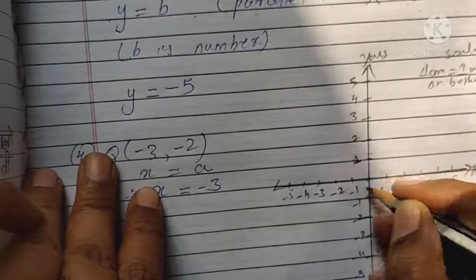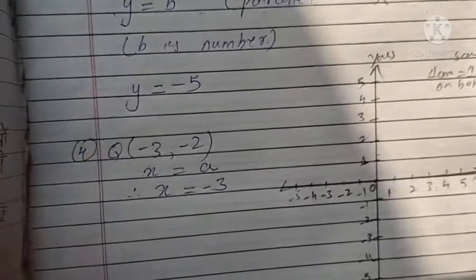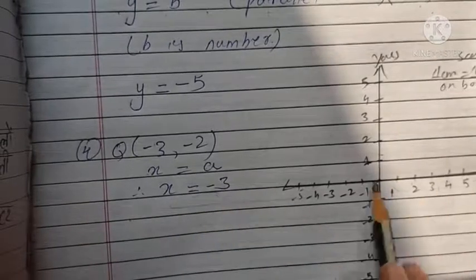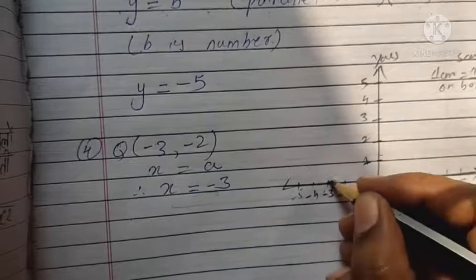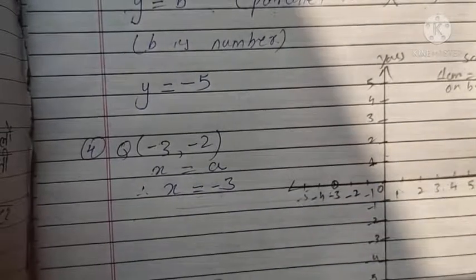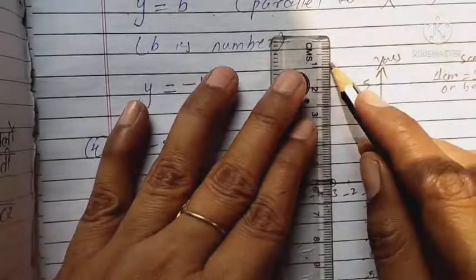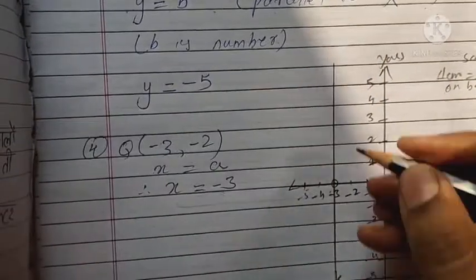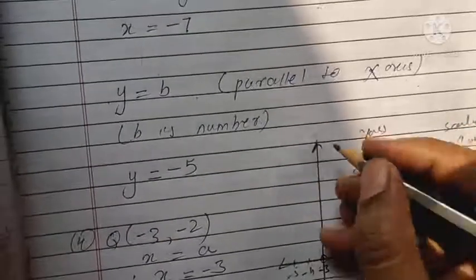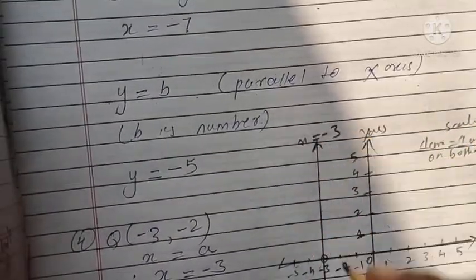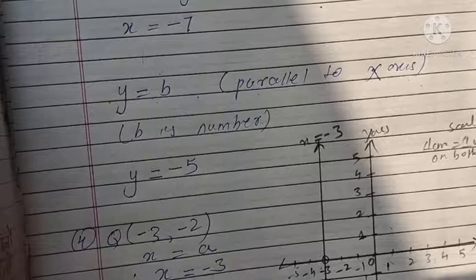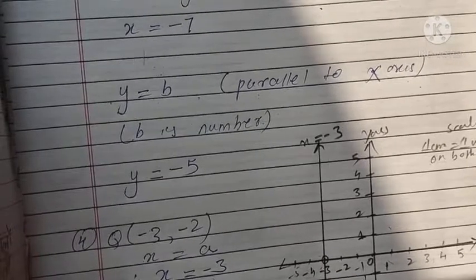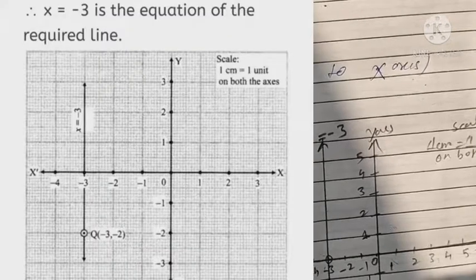Here is the 0. We have to draw the graph of the equation x is equal to minus 3. So see here, x is equal to minus 3 is here. So this is your point, and the equation is parallel to the y-axis. So draw a line parallel to the y-axis passing through this point. This is the graph of x is equal to minus 3. See, the point Q lies at minus 3, minus 2, so here the point Q lies. Got it? Okay. So this is your question number 4.